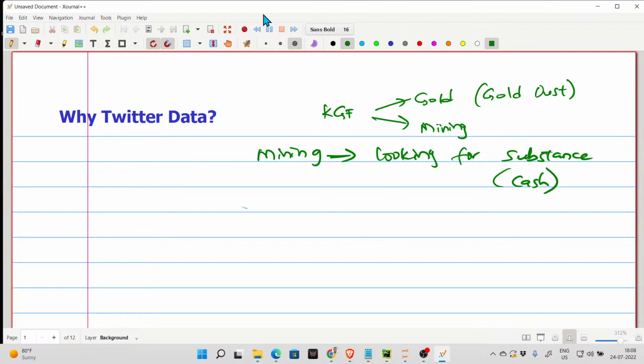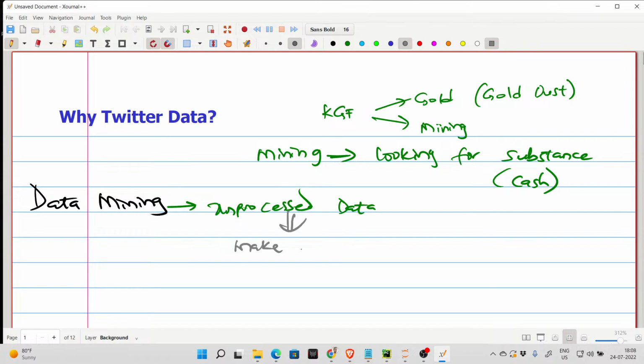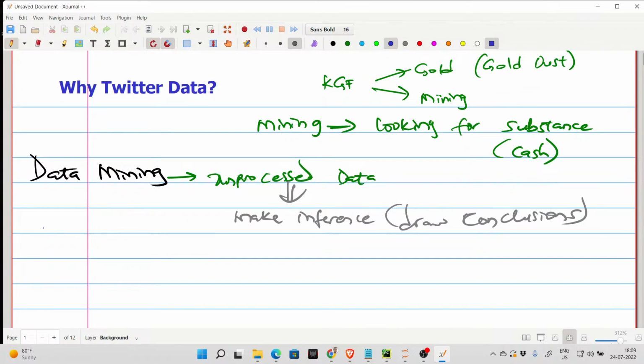If we are going to look at data mining, we are not going to define it. I believe everybody knows what data mining is. Data mining means I'll be looking into raw, unprocessed data. From this unprocessed data, I need to make inferences, or draw conclusions. If I'm going to do this, then I need to look at data that is